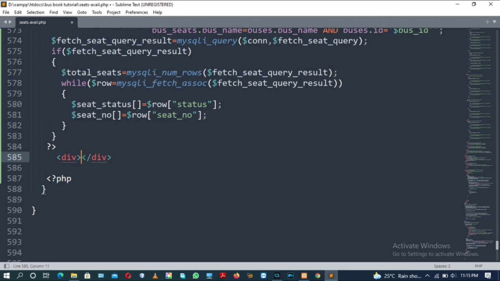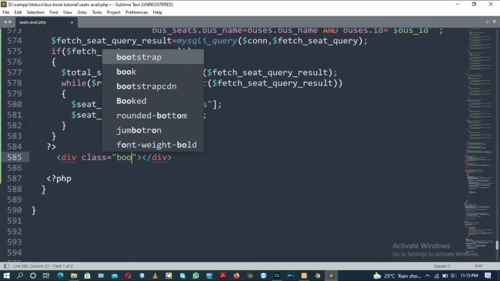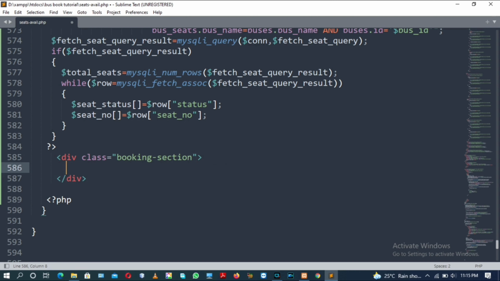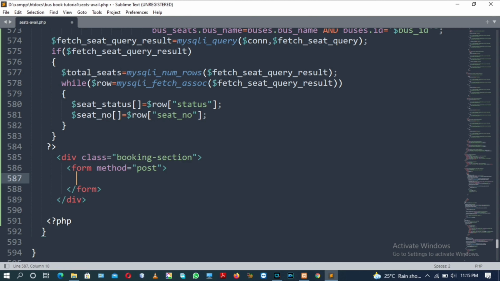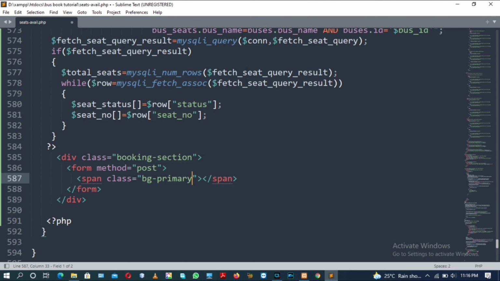So there will be a div tag with the class attribute booking section. Inside the div tag we will have a form tag with the method attribute having the value post, and a span tag within the form tag that accepts a class attribute with the value bg primary and p2 m2.